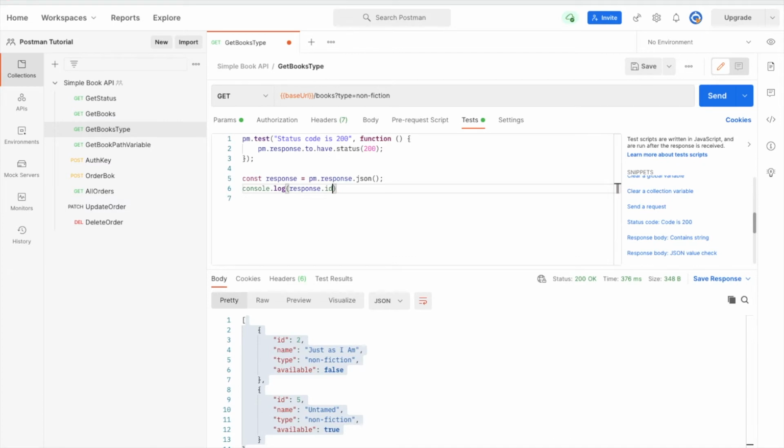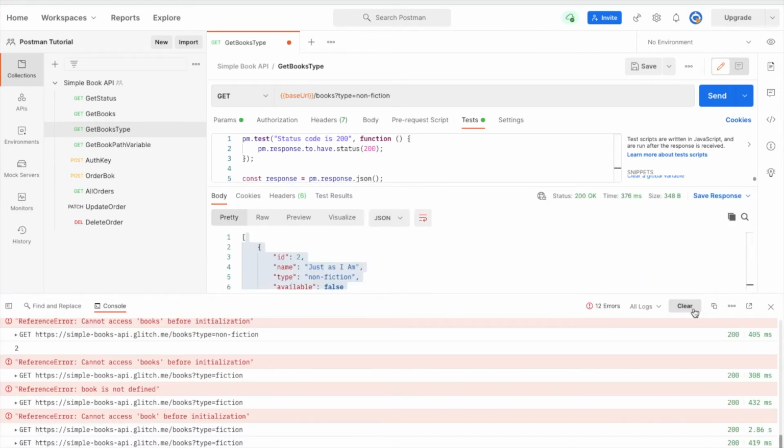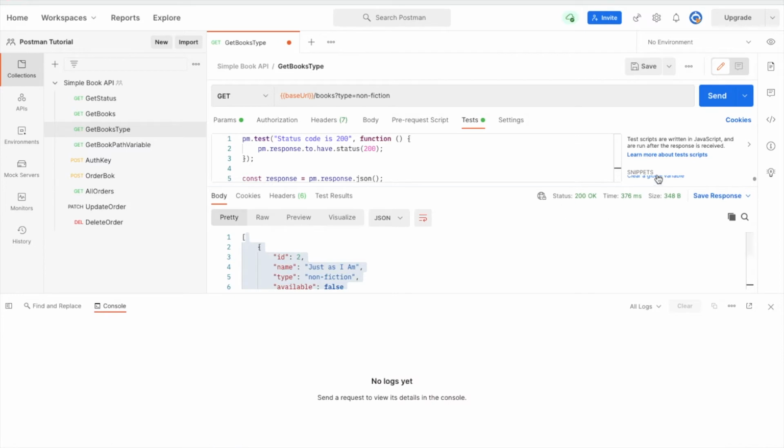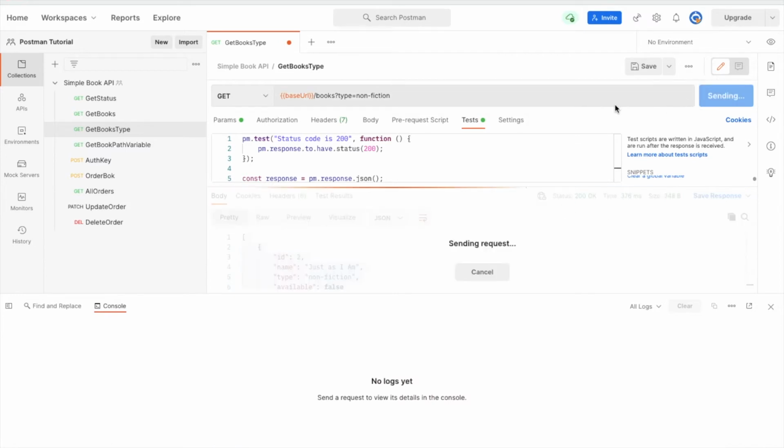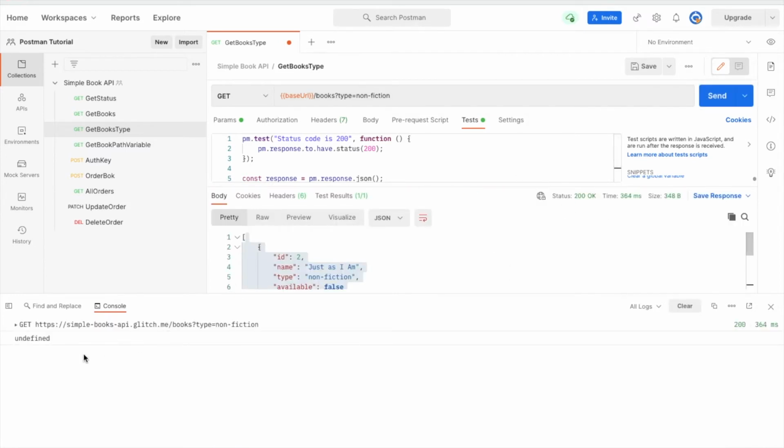So because this is the ID, you can see this is my ID like previously we have done. So let's see. For that, open the console and clear it. Now let's run and we'll see that. So I run it. Now you can see it's undefined. Why is undefined? Because